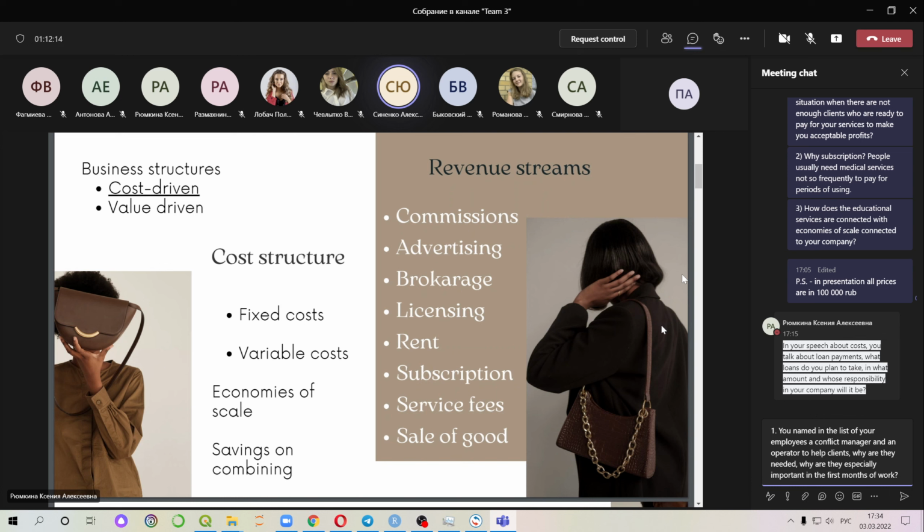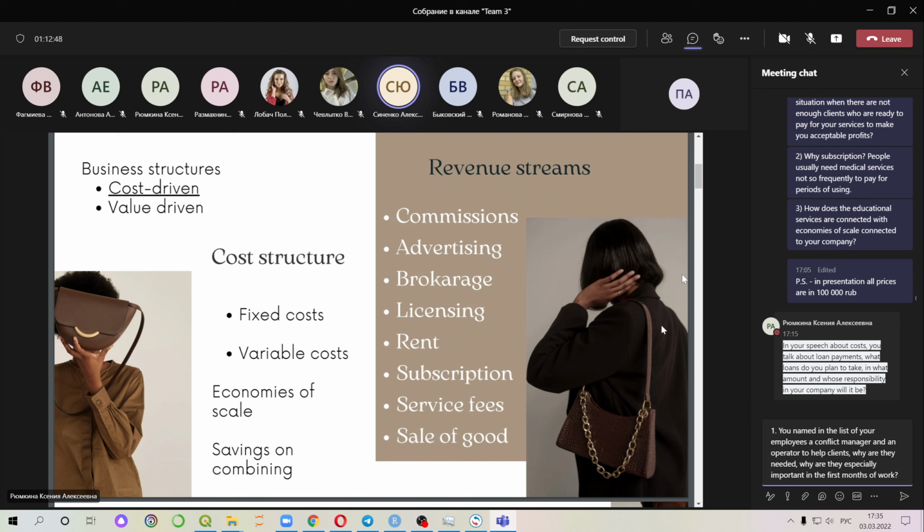By referring to additional sources, we can also notice that costs can be connected with economies of scale and savings on combining. Economies of scale occur during the expansion of production. In our case, it can be sales to targeted advertising. Savings on combining arise due to a wide range of services. For example, the same marketing tools may support multiple channels. In our case, various stylist services and the online course about style.